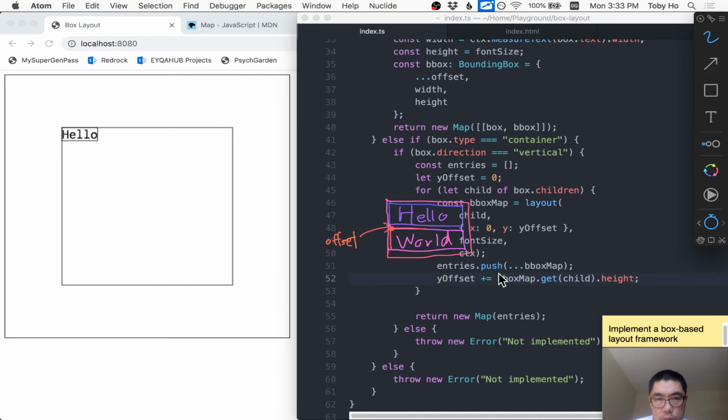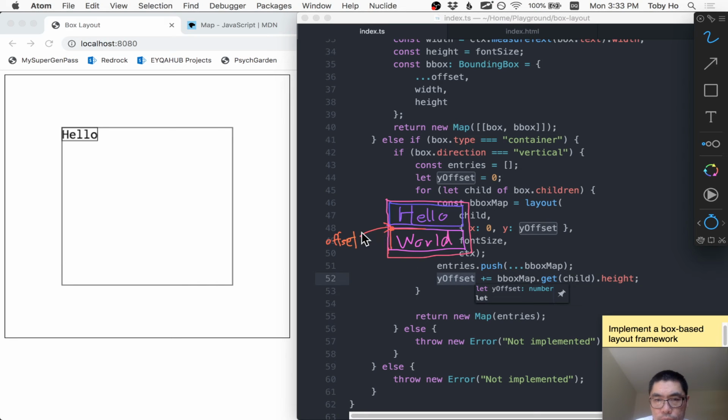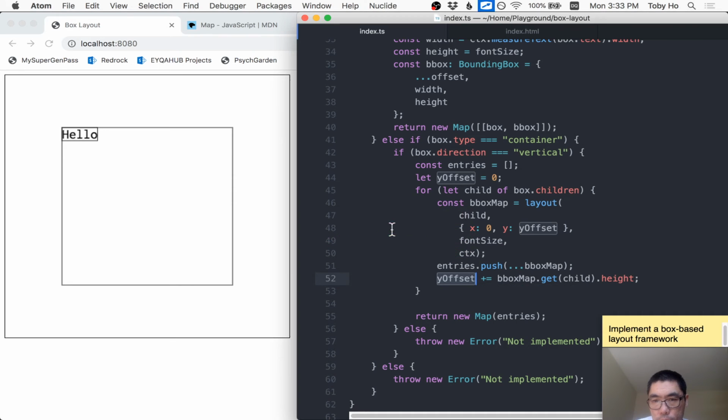Whatever the previous child's height was, we're adding it to the offset, so that the offset that's passed in to the calculation for the next child is starting at that point. Okay, and then I think at the very end we're gonna need to add a new entry